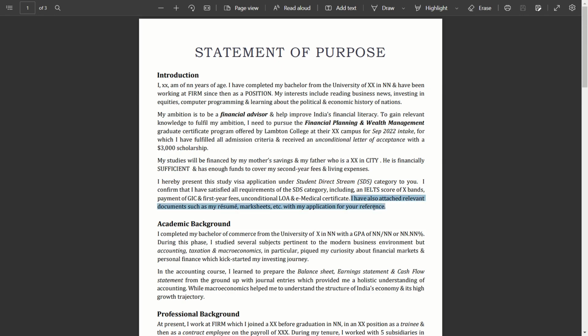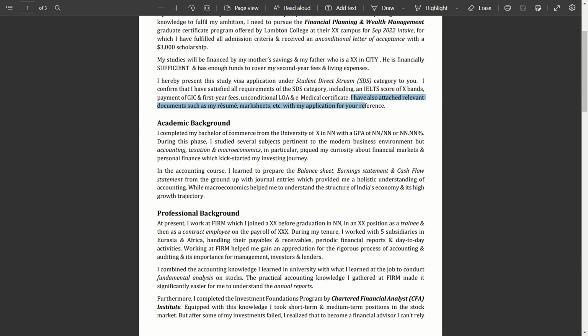Then I'm saying that I have attached relevant documents, my resume and mark sheets and all other things for your reference. By this point, visa officer is very happy, and probably now he's going to just skim to the SOP and approve my application. Another important tip is to not boast too much, or like some people like to